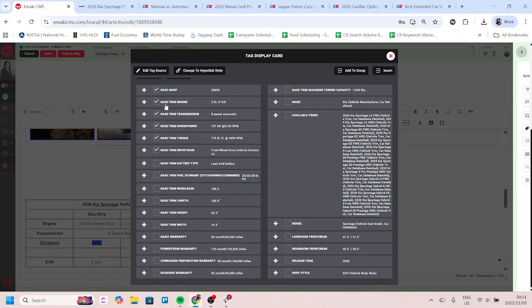and they should be on the top left-hand side. They may be a little bit lower down, but you can also click and drag these things around to make them appear higher up. I would not advise clicking on available trims when you do. I'm going to do it to show you how it looks, but when you do, it just makes things really cluttered. And there's absolutely no reason for you to have to include make or model because you already